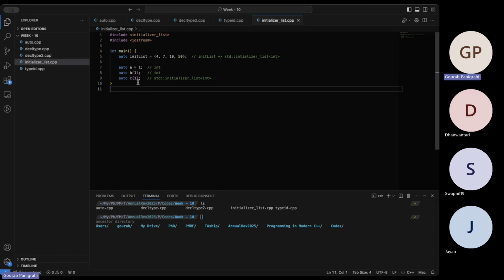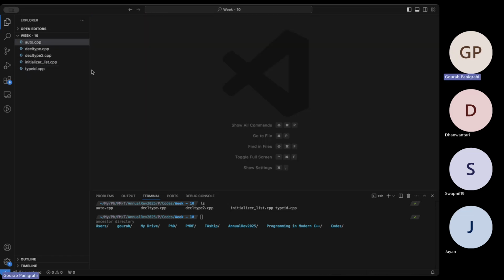The third way is C, and just notice the bracket actually. So here it's just parenthesis, here it's curly braces. So the curly braces make it initialize a list. Okay, it's just a collection of data you want to store and how you want to parse it. Essentially the idea. Okay, and let's move to